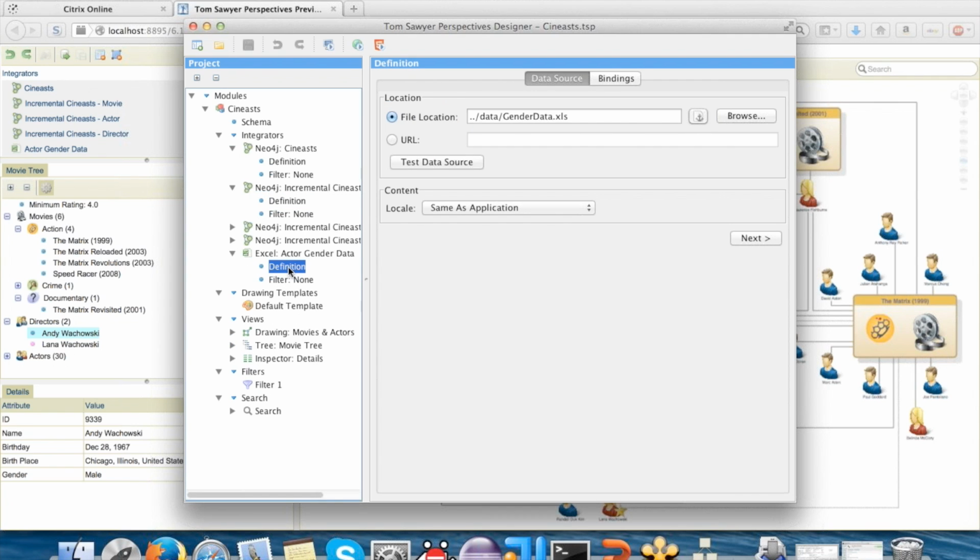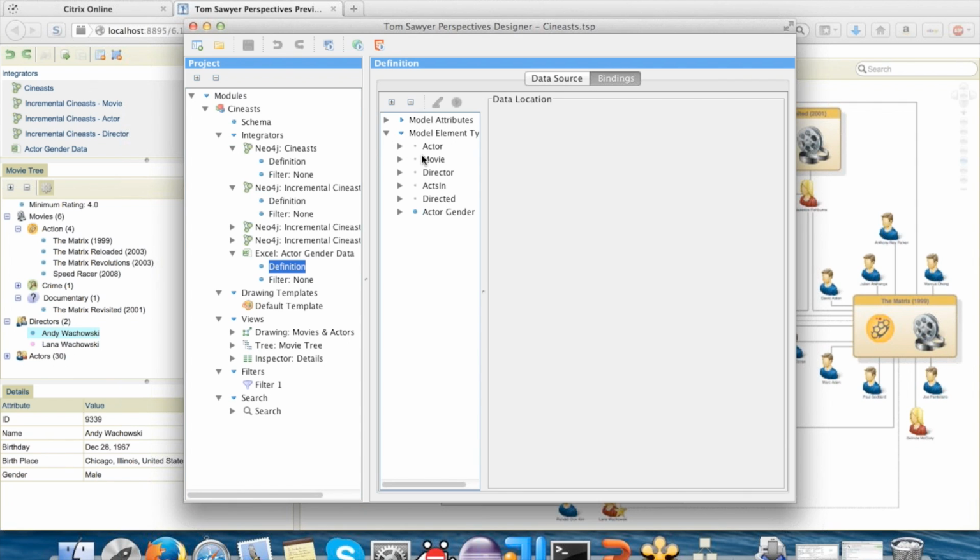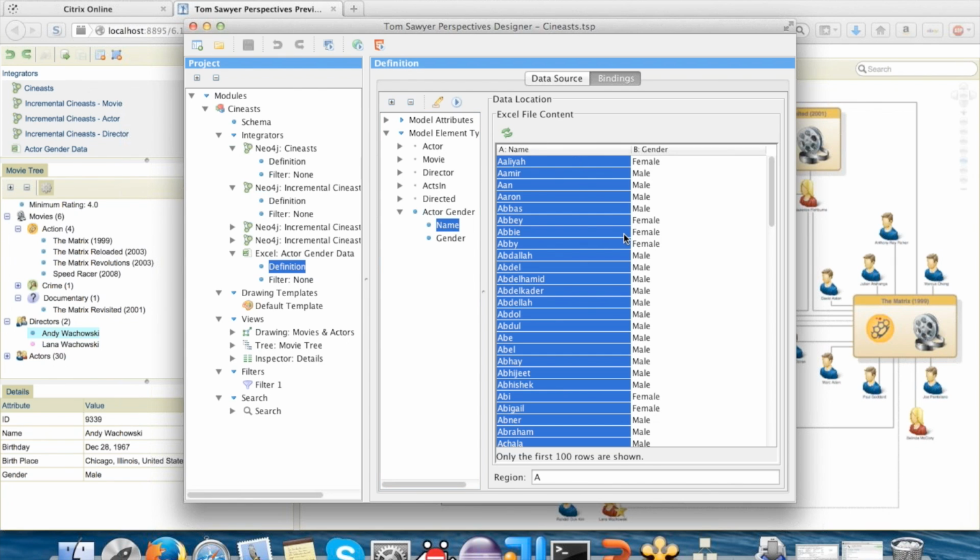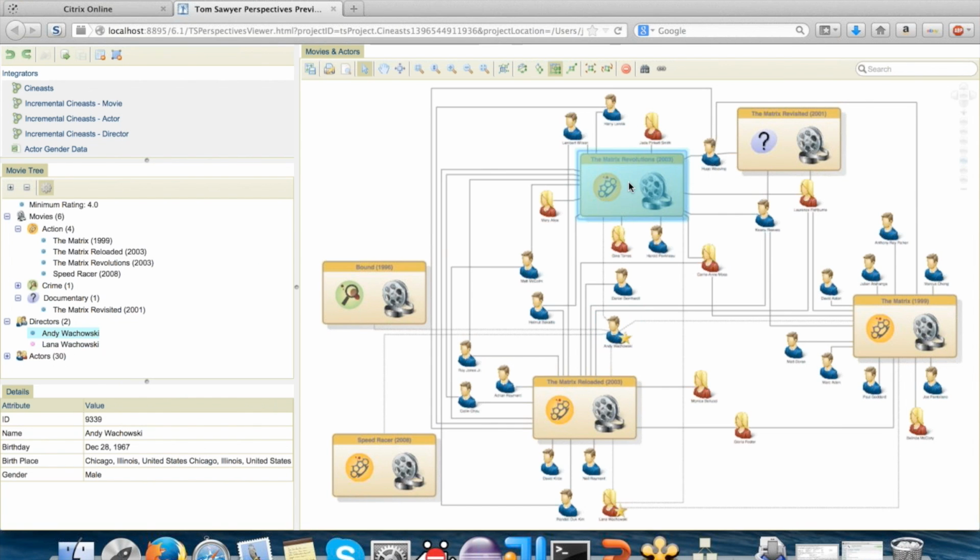We've actually created a table in Excel to show actor gender data. This isn't real data. This is a table based on the most probable gender of a given first name. So this isn't doing real stuff, this is just some dummy data we drew up, but you can see that we are actively tying in data not just from a Neo data source, but actually from Excel. And in addition to Excel, we are doing things like, if I click on Matrix Revolutions,